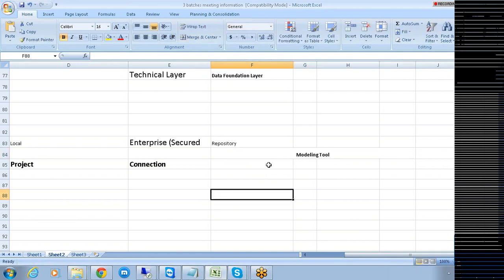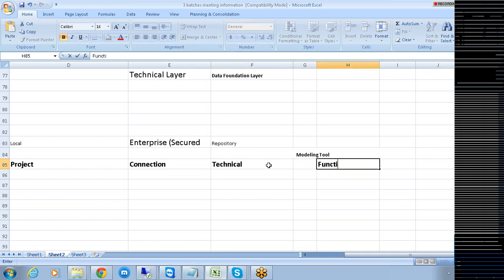See, the modeling layer you create in Business Objects is going to have two things: the technical layer, and the functional layer also. Technical layer and the functional layer, very, very important. Why it is called a technical layer, let me tell you.